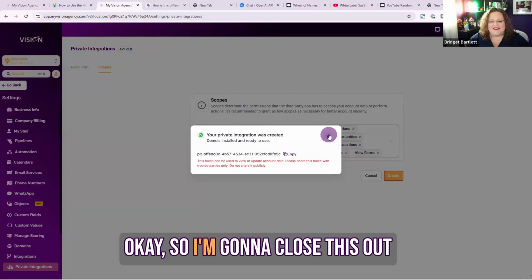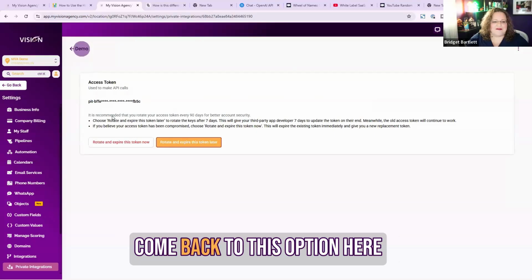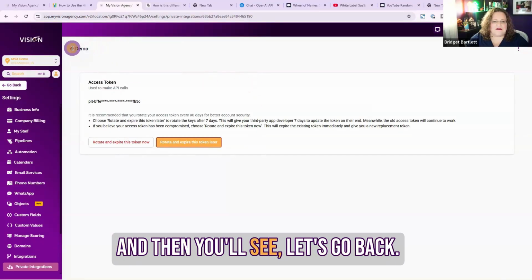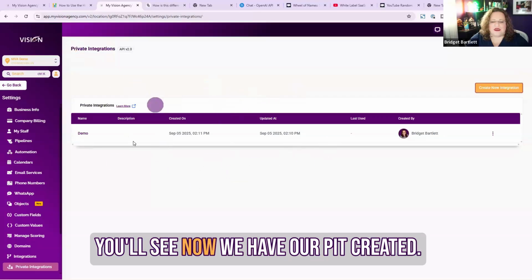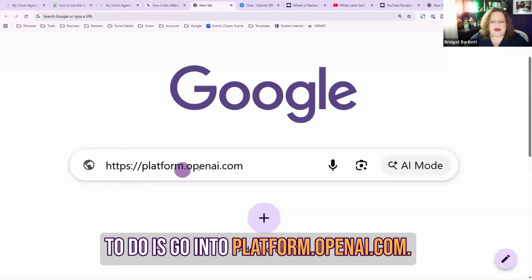Okay. So I want to close this out now. And you can see when we close that out, we basically just come back to this option here where we can rotate or expire. And then you'll see, let's go back. You'll see now we have our PIT created. All right. So once we have that, what we need to do is go into